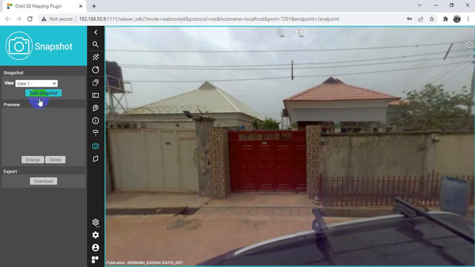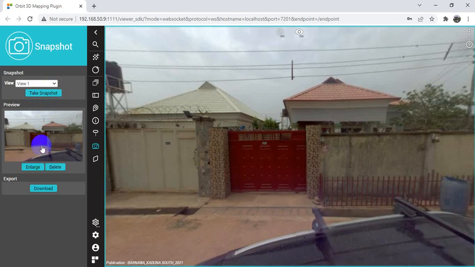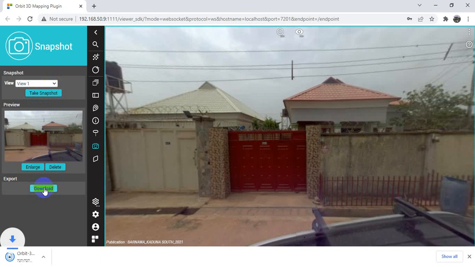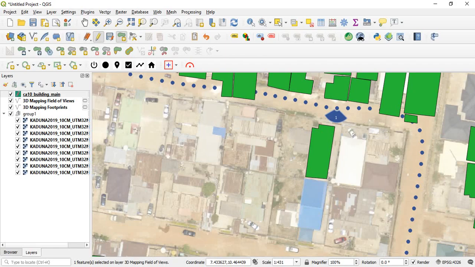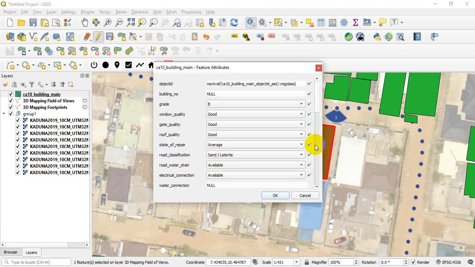So I'll click on view one, then I'll take a snapshot. You see, you click on snapshot. Now you see that it has snapped this particular building, and then you click on download. So you have downloaded it to this place. Now for this particular download, you rename it based on the building number. So if I click here now, based on the fact that I've already clicked save to this particular place, and then use the identify tool and click here,